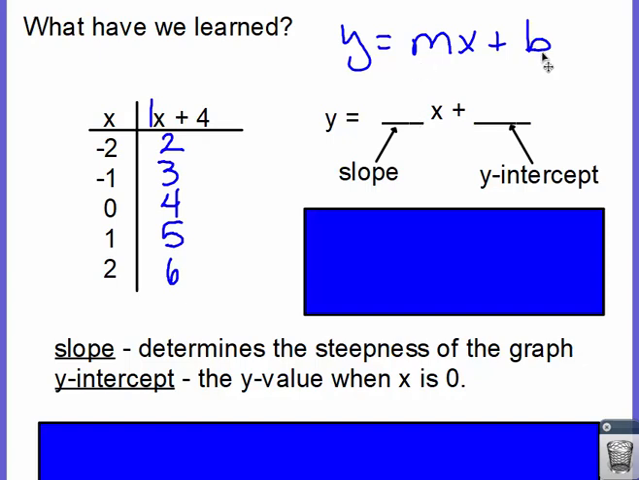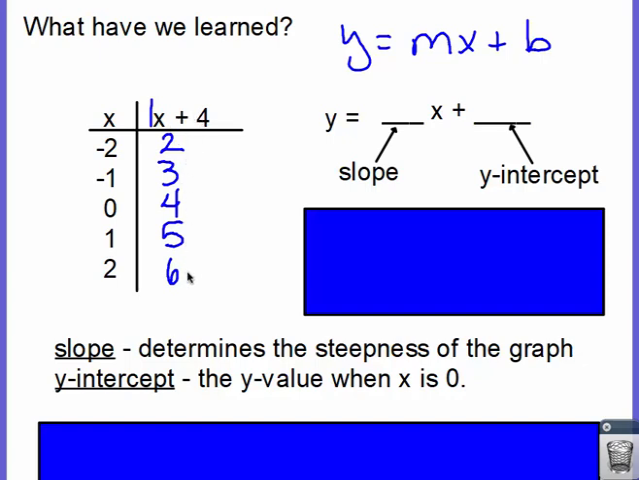Okay, this b is known as something called the y-intercept. It's going to tell us where that graph is going to cross the y-axis. So this y-intercept is the y value when x is 0. So what we can do is we can now understand what these numbers in this expression represent and where they